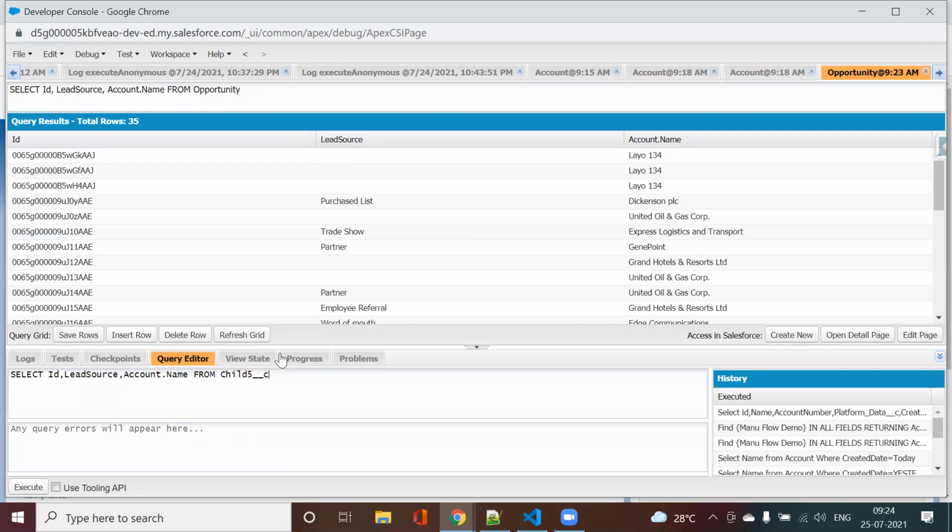So I will write like this, and then this is maybe child 1. So this is how you would do it, child 4 here will come.